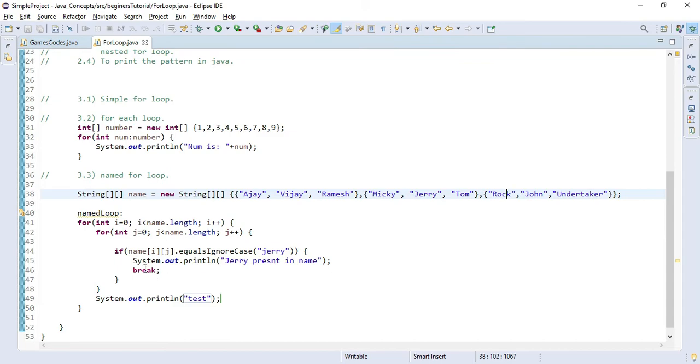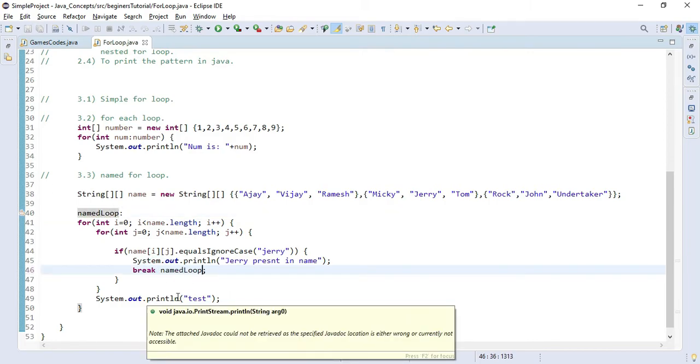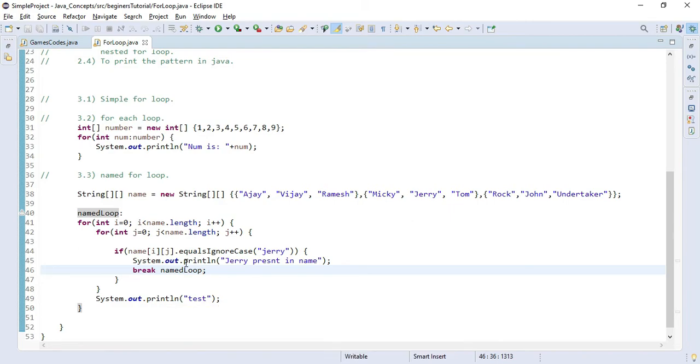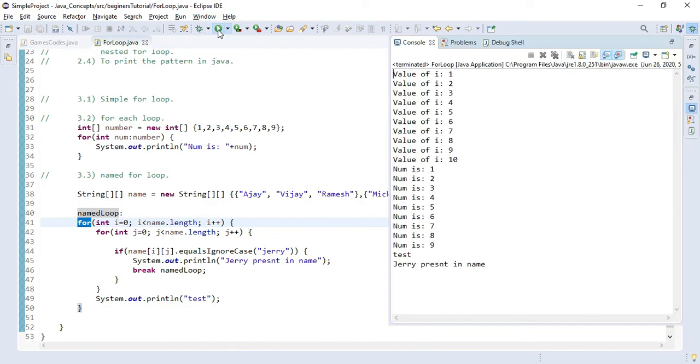That is why we are using the named loop to break this condition, and in this way it will not execute these System.out.println statements, because it will finally break this particular for loop once the condition is matched. Let's execute. As you can see, after we get the text, it is not executing our for loop.